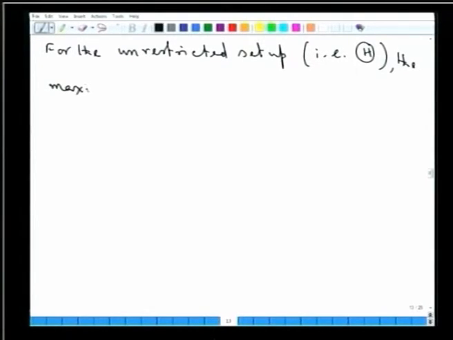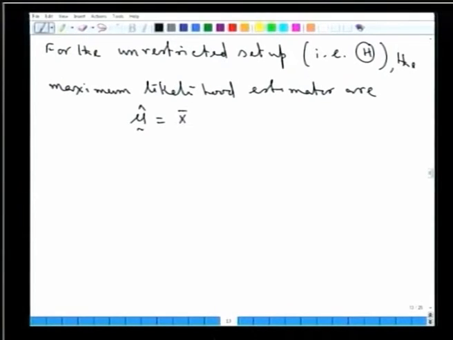The maximum likelihood estimators are the following: mu hat is equal to x bar, and sigma hat is 1 upon n times A. We had derived this result earlier,